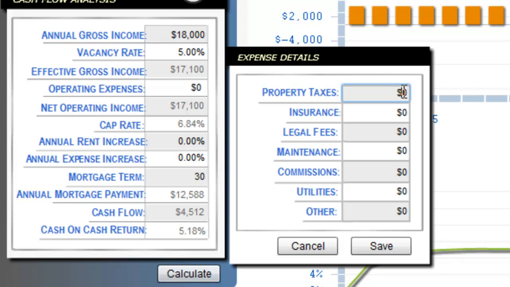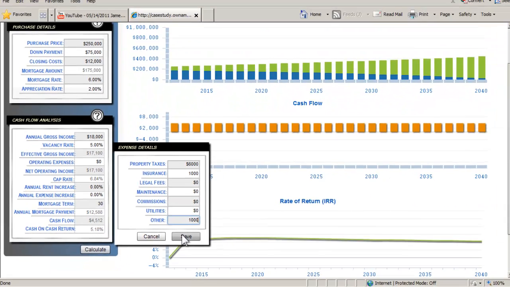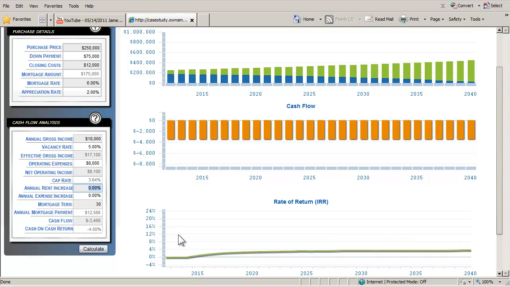But here under operating expenses, I'm going to throw in $6,000 in taxes, $1,000 in insurance, and I'm just going to put in another miscellaneous $1,000. Again, I'm being quick here. You're going to want to be accurate. And so what it shows me is, I've got negative cash flow here. Lousy investment, right? Maybe, but let's keep going here because I've got a rate of return calculation down below,